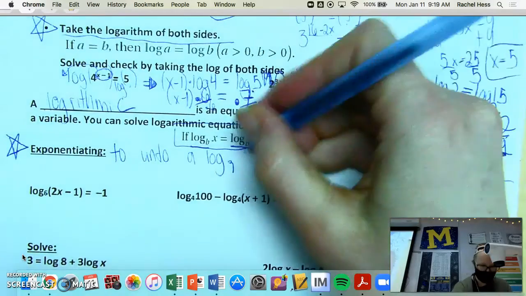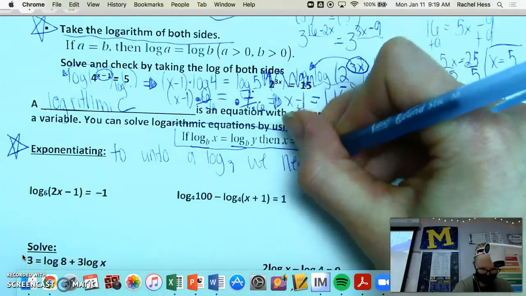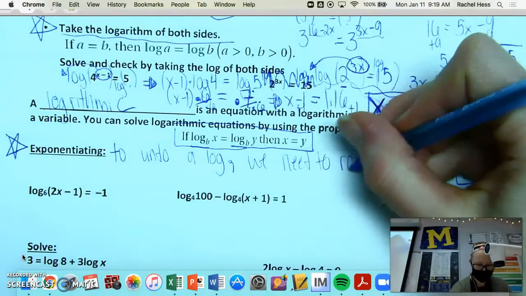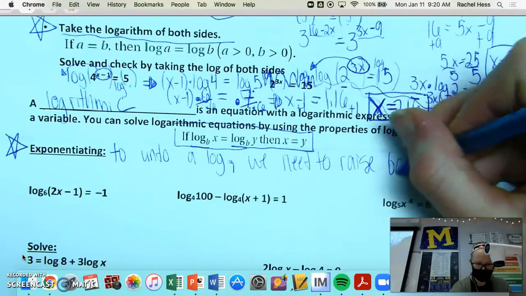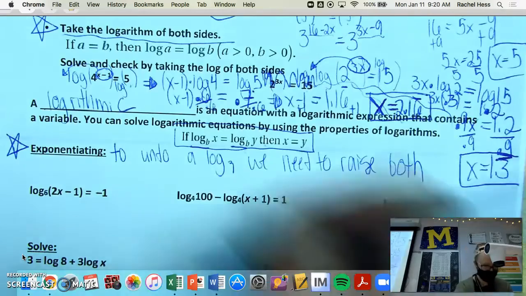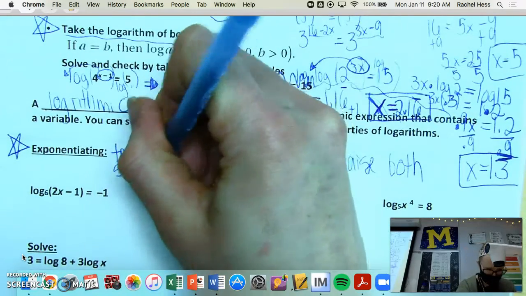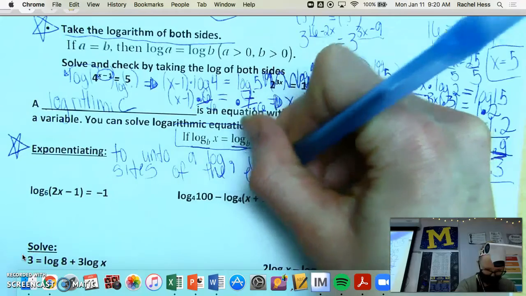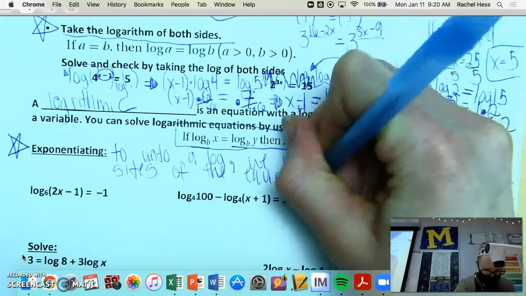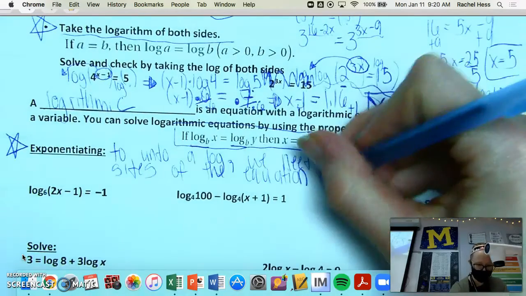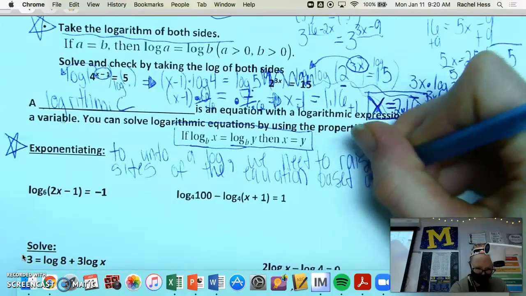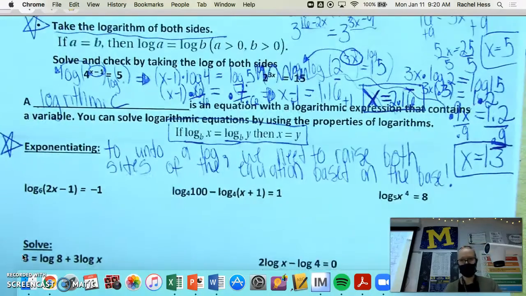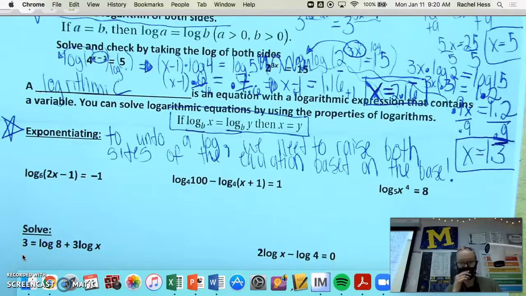we need to raise both sides of the equation based on the base. So if you look,